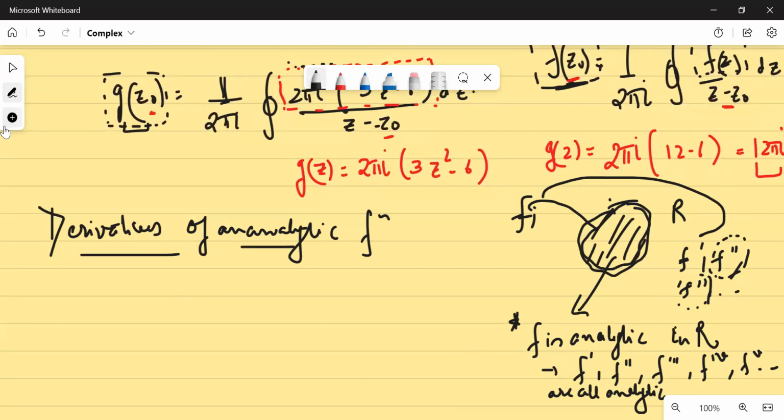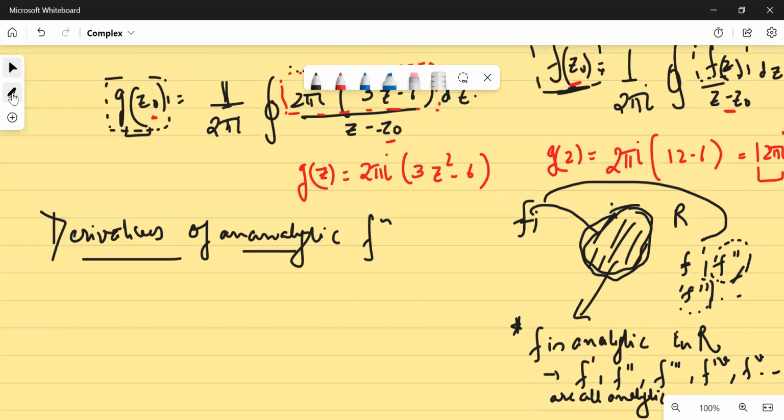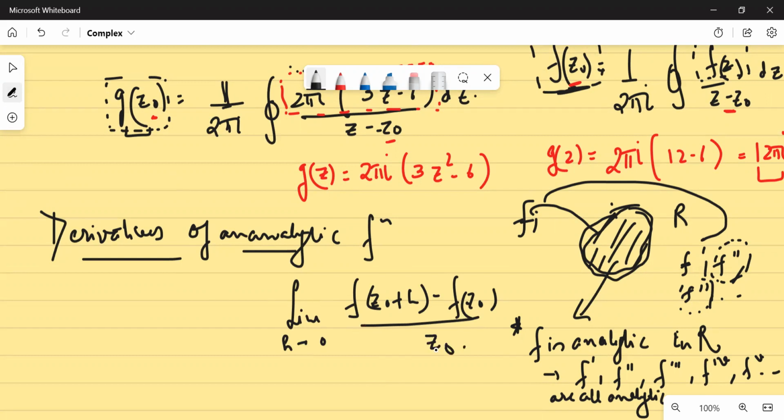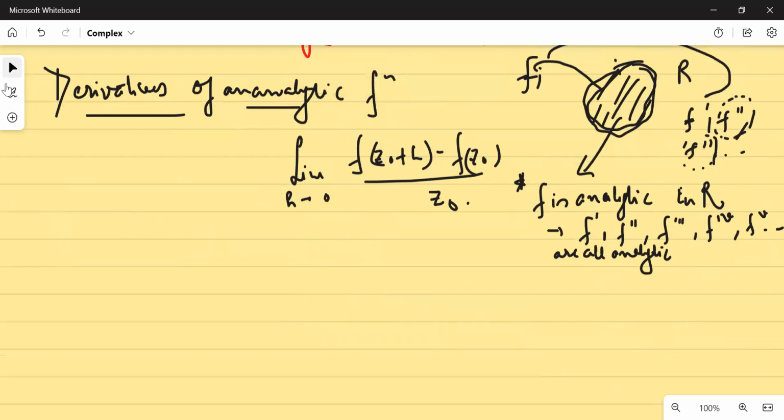See, the basic definition for derivatives would remain the same. So eventually, remember what I told in the very first class: if my function is differentiable, then at z naught this particular limit should exist and should be path independent. It should be finite, path independent, and unique in that sense, if I'm saying the derivative of the function exists at z equal to z naught.